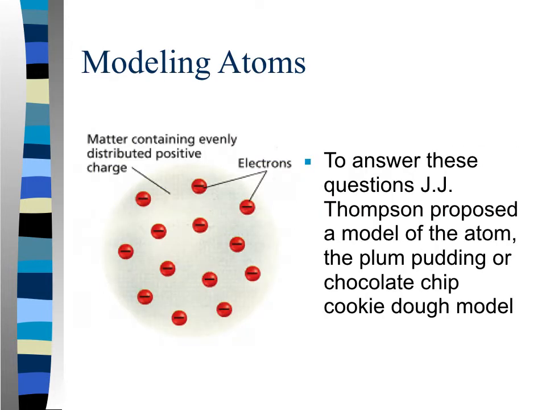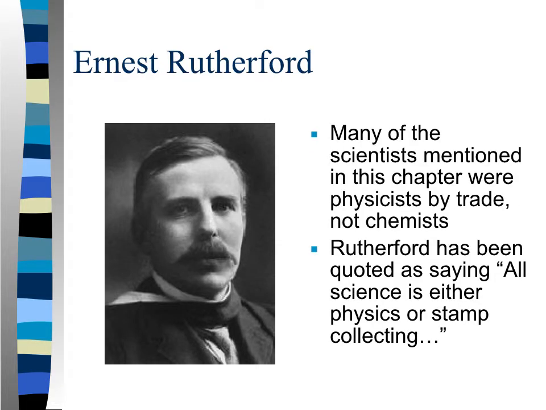Okay, you remember this model that J.J. Thomson came up with? It was called the plum pudding model, or the chocolate chip cookie dough model, whatever it's called. This idea that you had matter containing evenly distributed positive charges, so kind of the goo throughout at the cookie dough part, and then you had the electrons just dotting throughout the chocolate chip part. Okay, remember that theory? Okay, and then Rutherford,